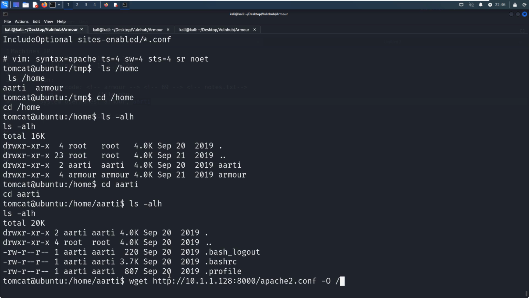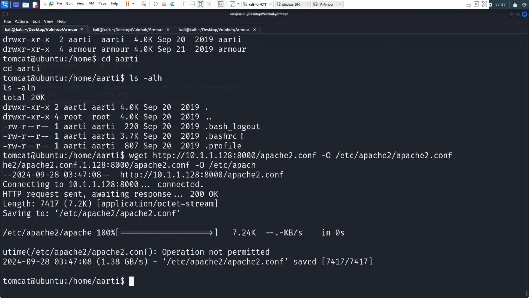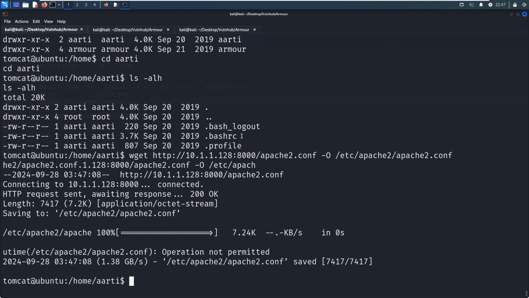Okay, so Apache 2 and Apache 2 conf. Let me double check it's correct. So now I think we need to restart the target machine, and when the machine is restarted, this time Apache 2 will run as the new user, and then we can make lateral movement, right?